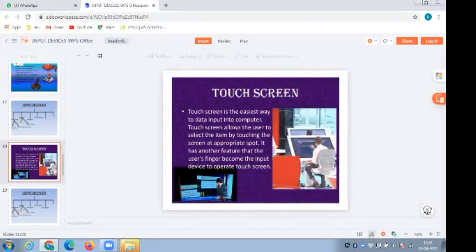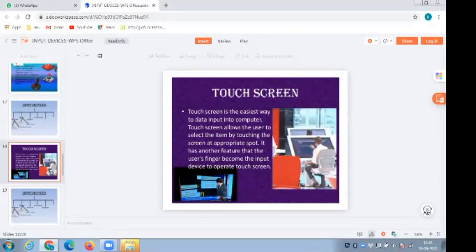So how, ma'am, when they ask us a question, we cannot draw these diagrams. How are we going to show it? So you don't need to draw the diagrams. Why? Because to show it visually, I have kept the diagrams. You don't need to draw the diagrams. You can write the input device as a touch screen and explain the matter in sentences.